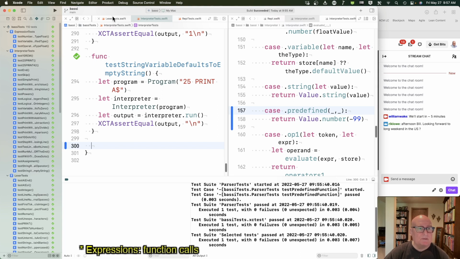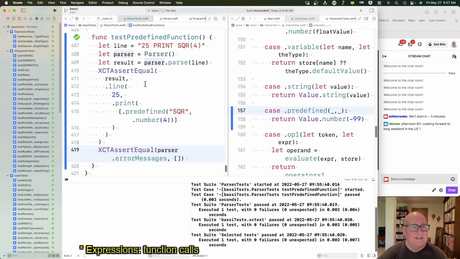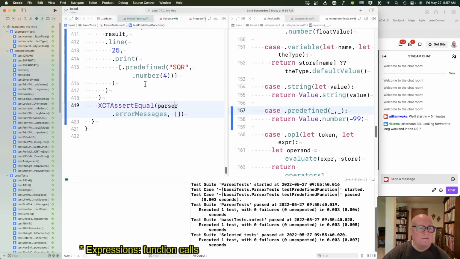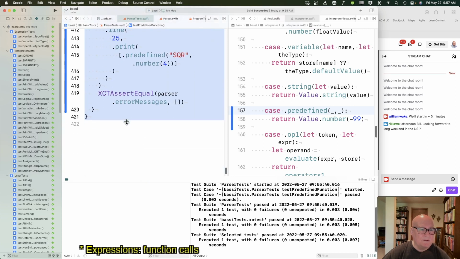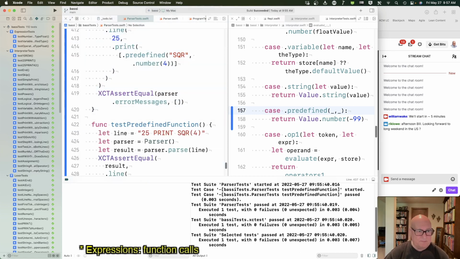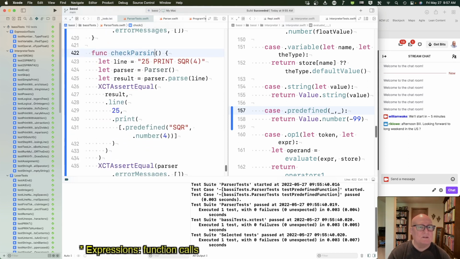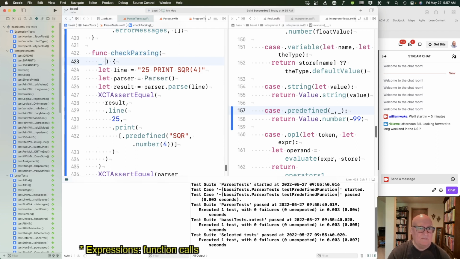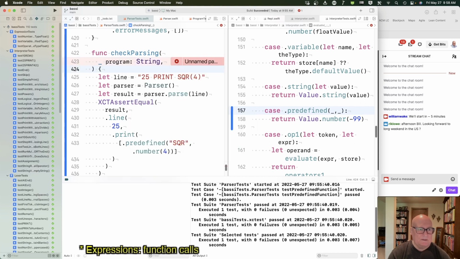You know what? I said we were going to do some cleanup first. I think we're going to do that first. All right. Let's make a helper. Okay. This is a check. I usually say test for the test and check for the helpers. Check, I guess, parsing. And it's going to take program of string, and it's going to return